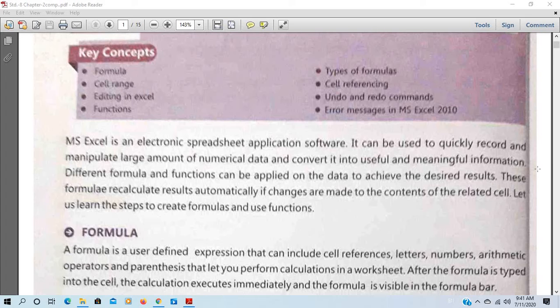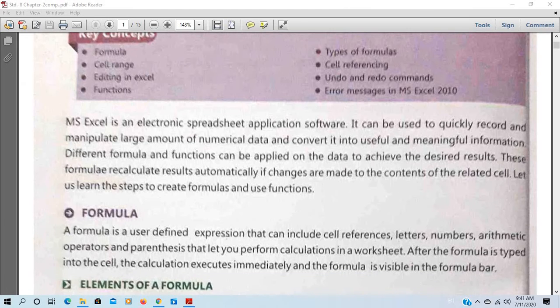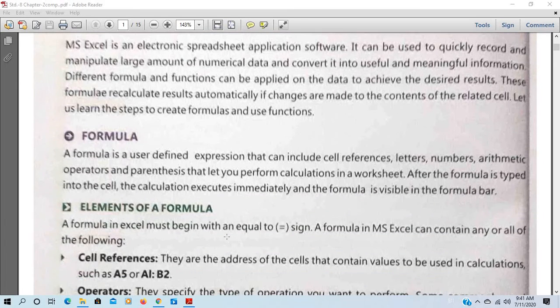Okay, these formulas calculate result automatically if changes are made to the content of the related cell. So this formula automatically changes the result when you change the value of the cell or the content of the cell. Let us learn the steps to create formula and use function.